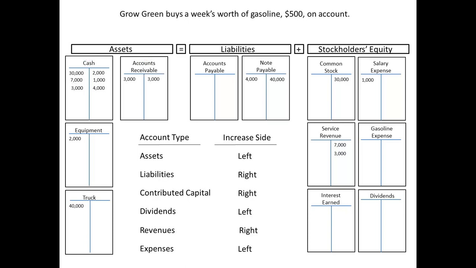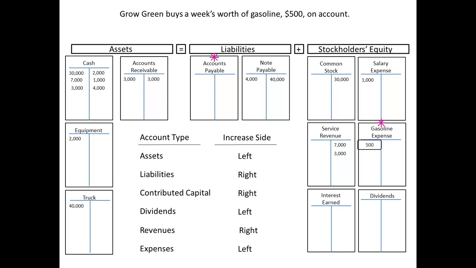Grow Green buys a week's worth of gasoline on account. What accounts are affected? Gasoline expense and accounts payable. For gasoline expense, what type of account is it? Expense. What's the increased side for an expense? The left. Did the transaction cause gasoline expense to increase or decrease? Increase, as expenses generally do. Since the gasoline expense increased, we'll record the $500 on the increased side, the left side of the gasoline expense